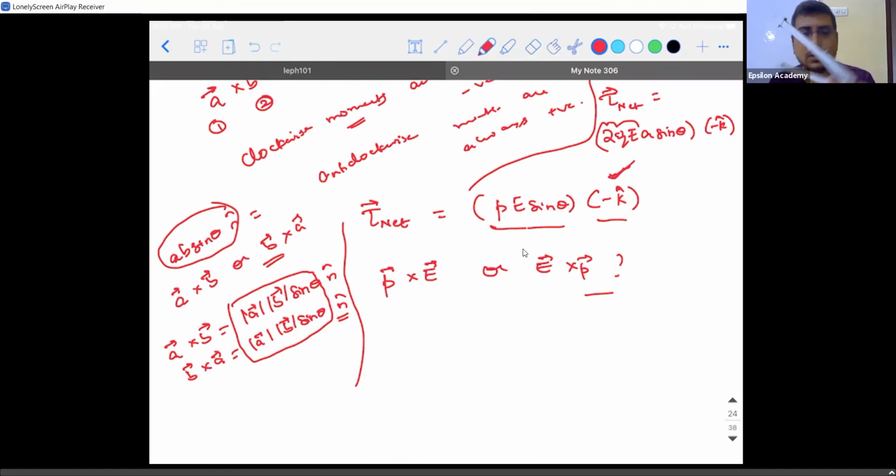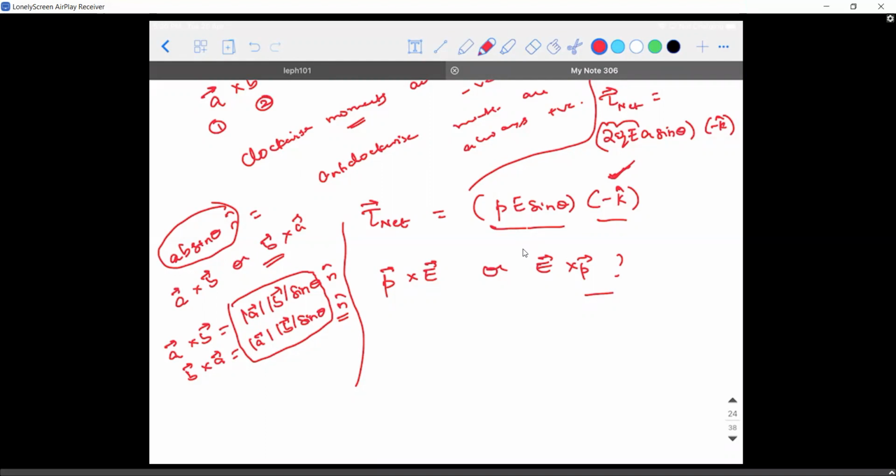Okay, I will show it according to you. I think this is how it will look in your book, correct? This is the book you will be writing from this side. So this is the electric field, and this is P. So P cross E means E should be fixed, P should be rotated towards E in the shortest direction possible. In which direction are you rotating? Clockwise.